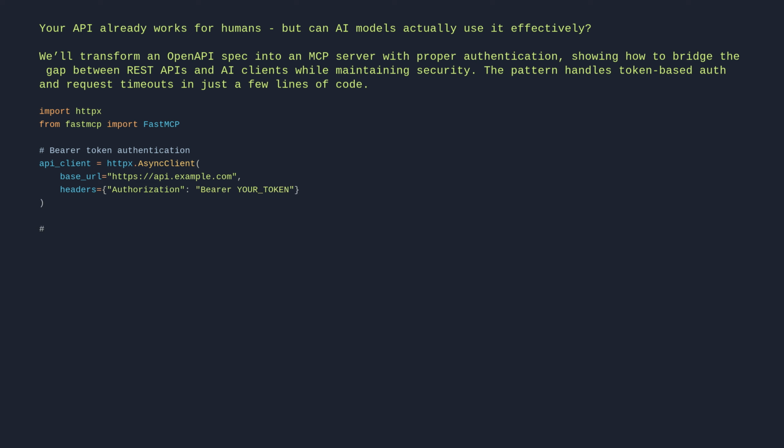# Create MCP server with authenticated client. mcp = FastMCP.from_openapi( openapi_spec=spec, client=api_client, timeout=30.0 # 30-second timeout for all requests